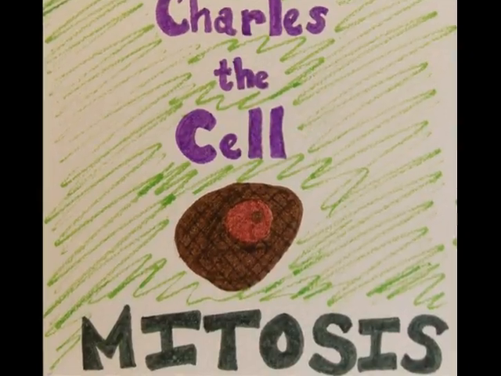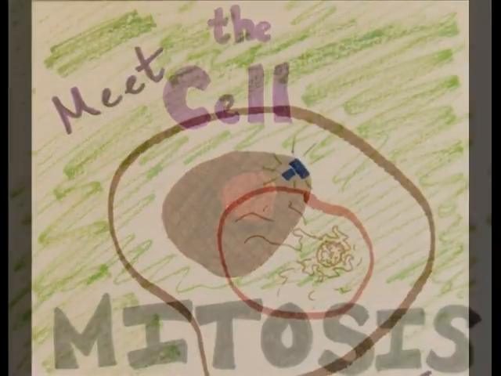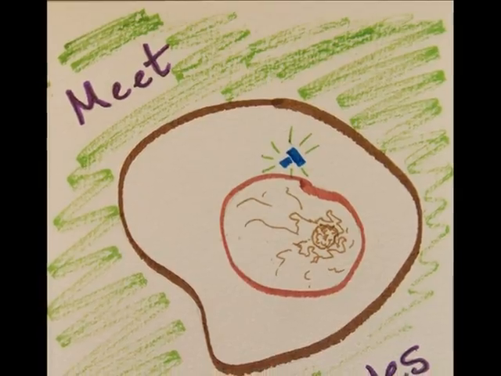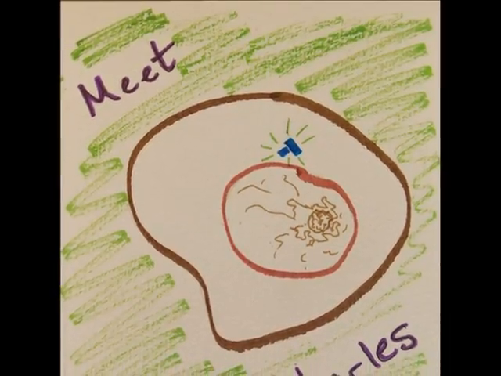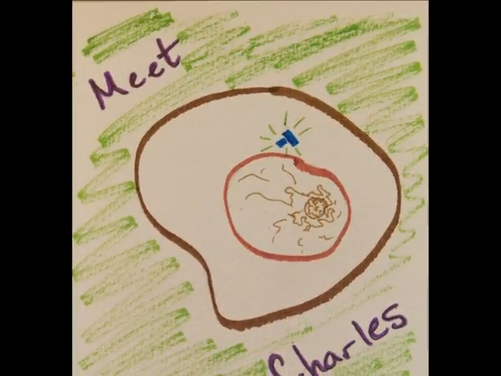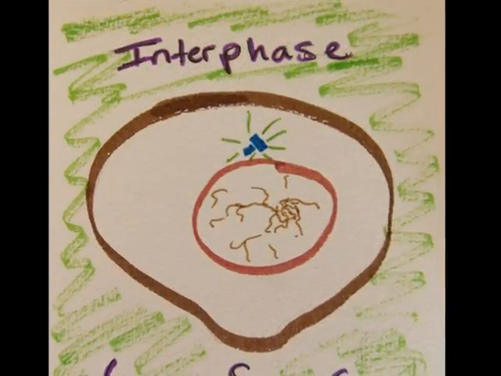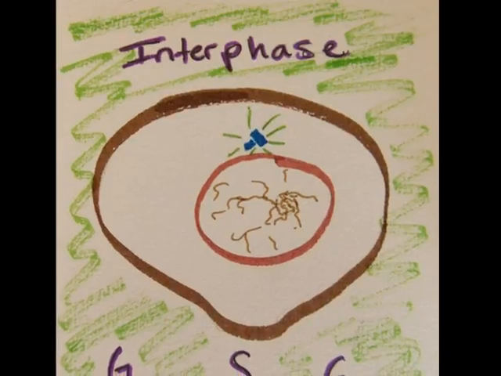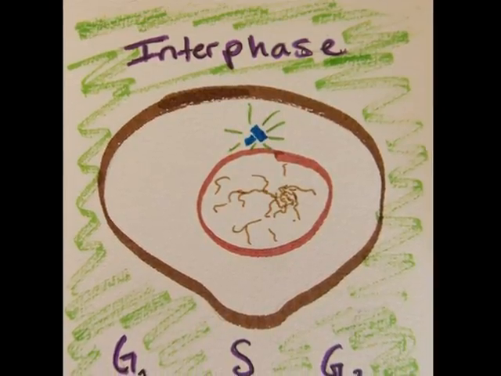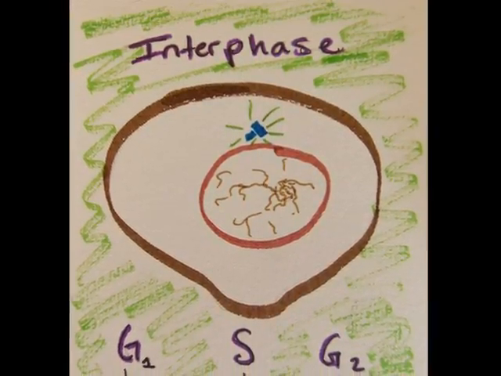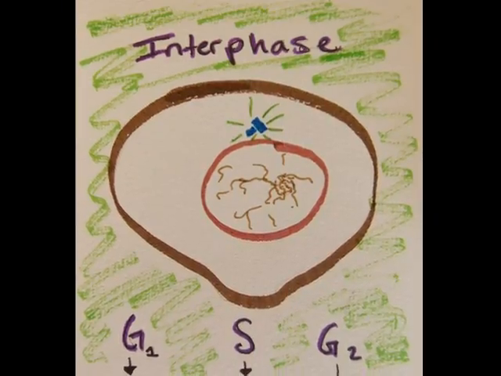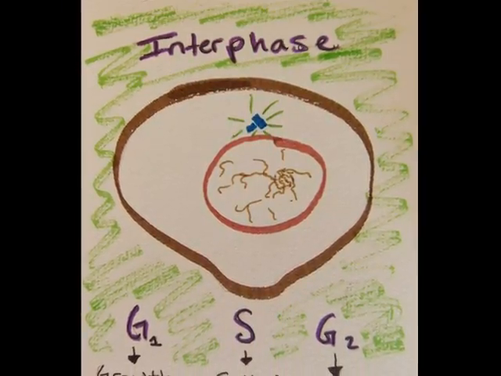Charles, the cell, mitosis. Meet Charles. Currently, he's engaged in metabolic activity and getting ready for the first phase of mitosis. Before mitosis occurs, the cell goes through 3 phases which are collectively termed interphase. Inter means between. The interphase is the composite phases of growth and synthesis which occur between mitosis and the first